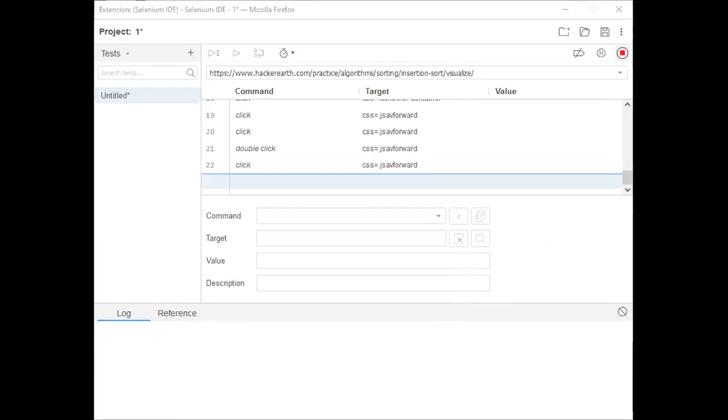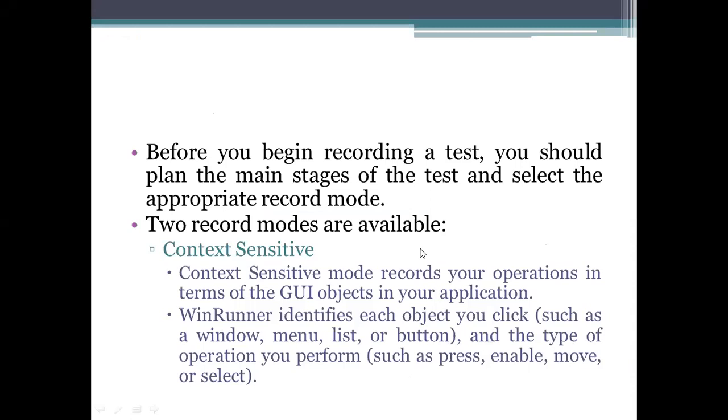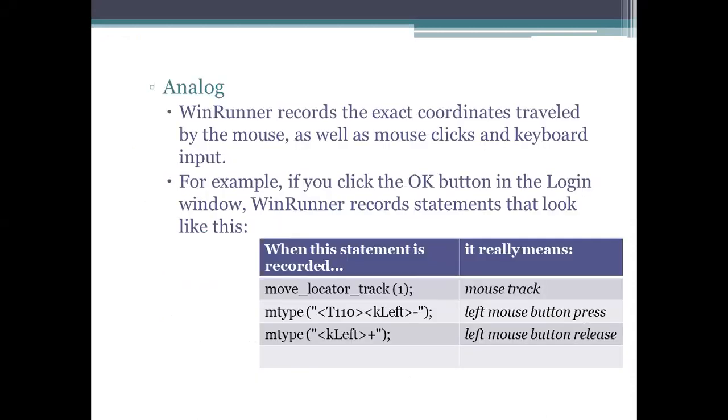That type of recording or processing comes under the analog one. If it is context sensitive, what happens here? It identifies each and every object and the clicking on the elements we give for processing. Whereas coming to the analog, it is tracking the coordinates, the x and y coordinates.